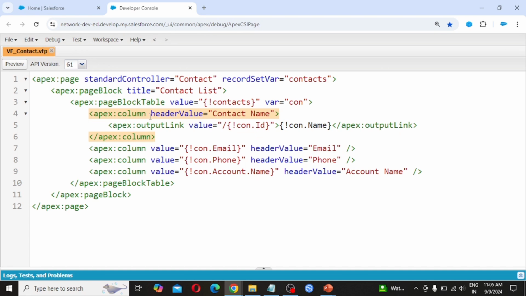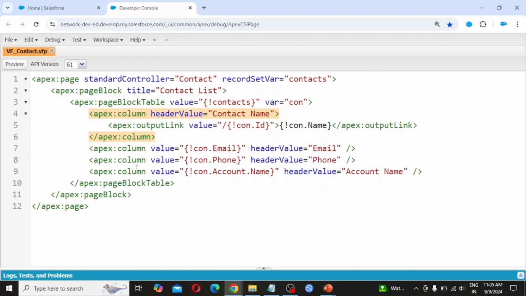In apex:column, the header value we are providing is Contact Name, and in apex:outputLink the value we are providing is the contact id, this con.id for contacts, and we are passing the contact name and closing the output link.